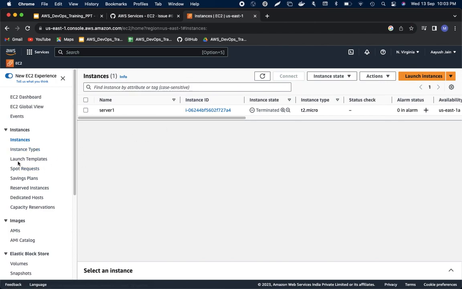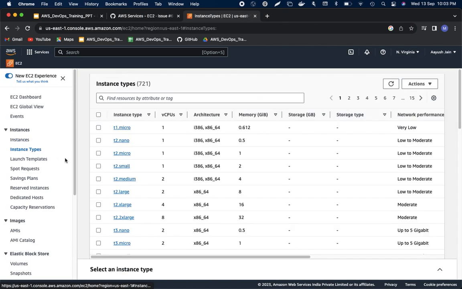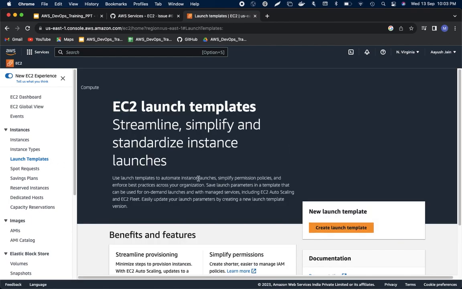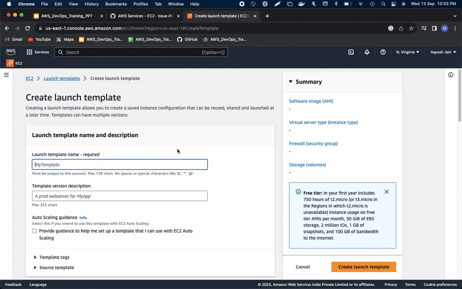Okay, so we'll understand all these topics and then we'll get into this, because all the options we are seeing over here will be visible on this launch instance. Now let's get into launch templates. A launch template is nothing but a template based on which an EC2 instance will be created. For example, let us say I'm creating a launch template. I can just create template 1,